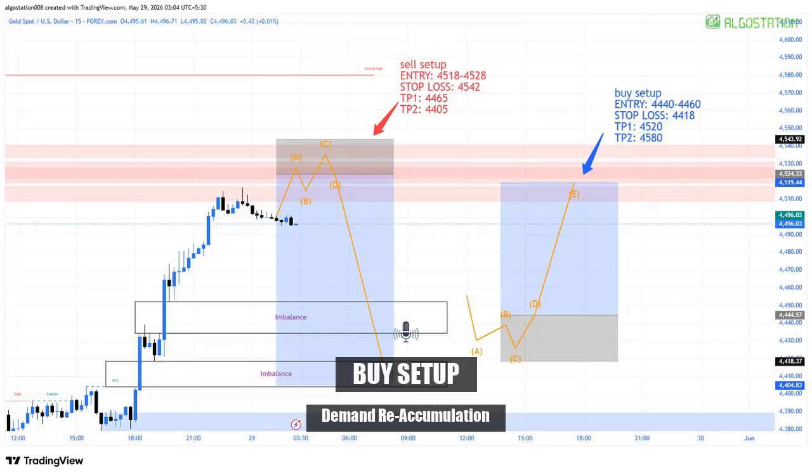Now let's discuss the bullish continuation setup. Institutions already accumulated beneath the weak low, and this imbalance zone could become the next reaccumulation point. The ideal long entry sits between 4,440 and 4,460 after bullish confirmation candles or a lower time frame change of character. The stop loss belongs beneath 4,418 because a deeper breakdown below this area would suggest institutional buyers failed to